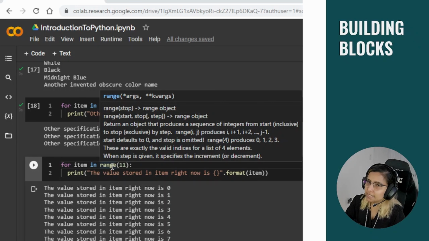So if I need to print on my terminal 5, 10, 15, 20, something like that, we can do it using the range object here. So range works in two ways. If we just give it one number, that's a stopping number with the default step size of 1, and it goes from 0 until that stopping point minus 1. So writing 11 means it runs from 0 to 10, which you just saw on your terminal, where it's printing this statement. The value stored in item right now is